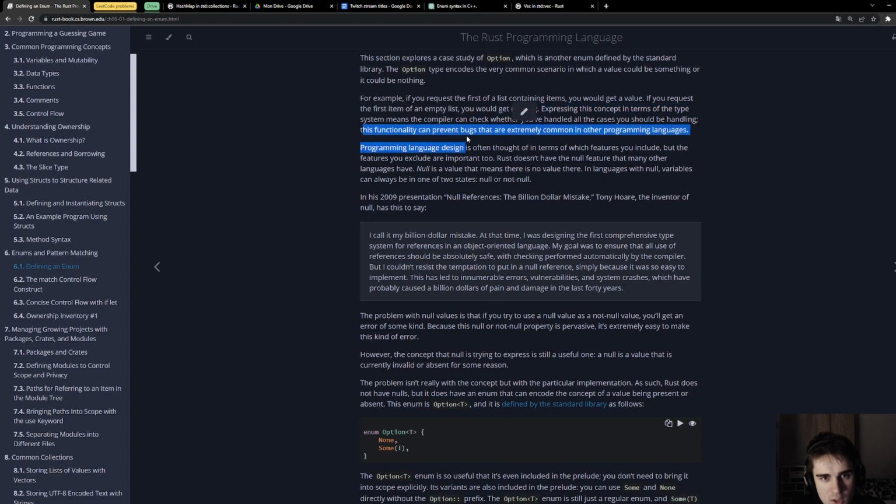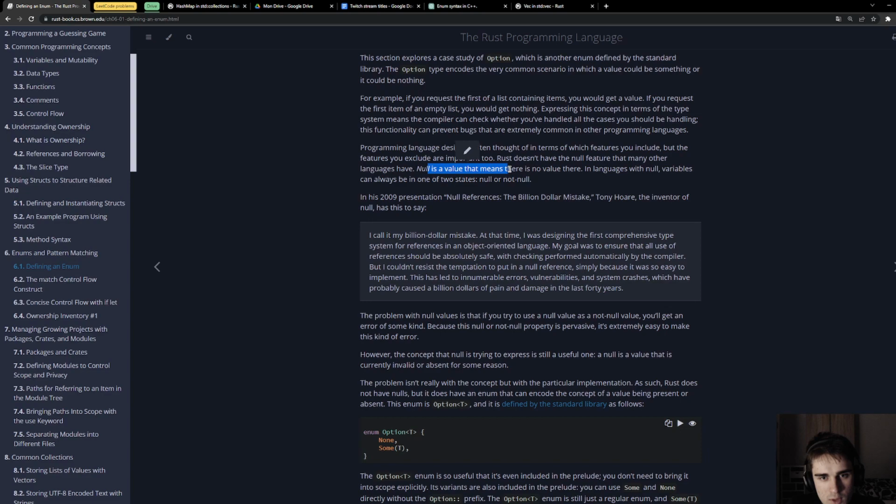This functionality can prevent bugs that are extremely common in other programming languages. Programming language design is often thought of in terms of which features you include, but the features you exclude are important too. Rust doesn't have the null feature that many other languages have.